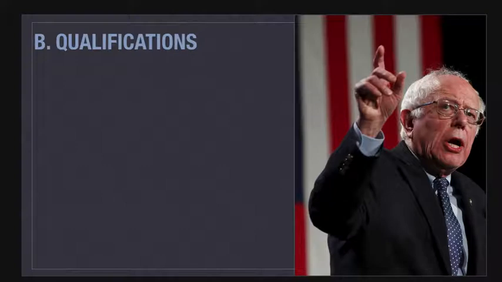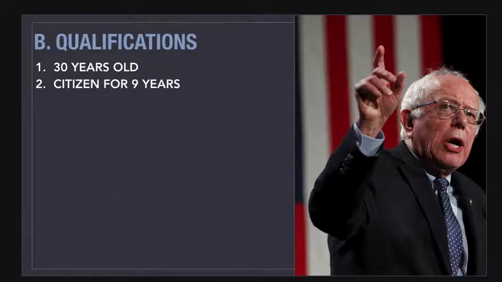If you are to run for Senate, there are a few qualifications that you have to meet. First of all, you've got to be at least 30 years old. So that is a 5-year increase from what we saw in the House of Representatives. You also have to be a citizen of the United States for 9 years. Once again, it's not a requirement that you're a natural-born citizen here to fill in the Senate, but you must be at least a 9-year citizen. And then you also need to live in the state in which you are trying to represent. I think that makes pretty clear and obvious sense for that.